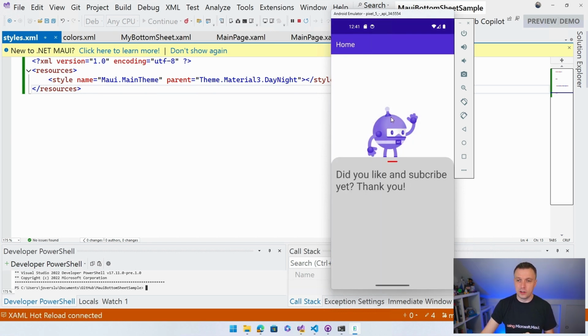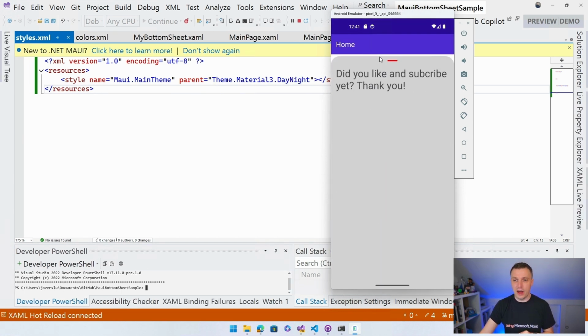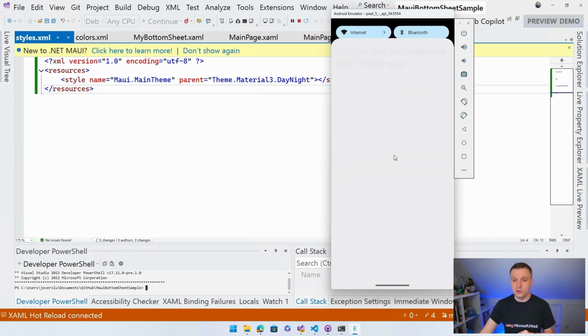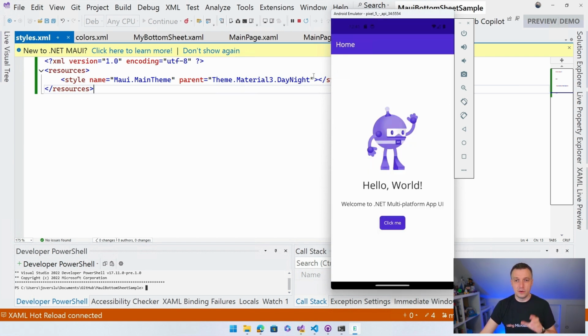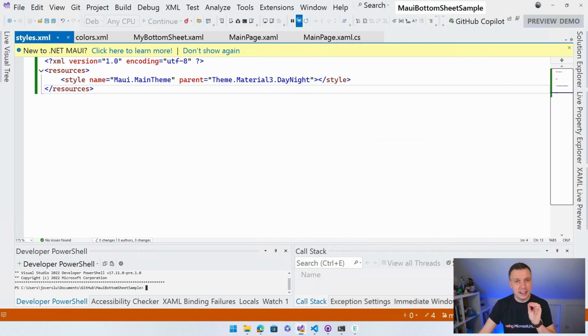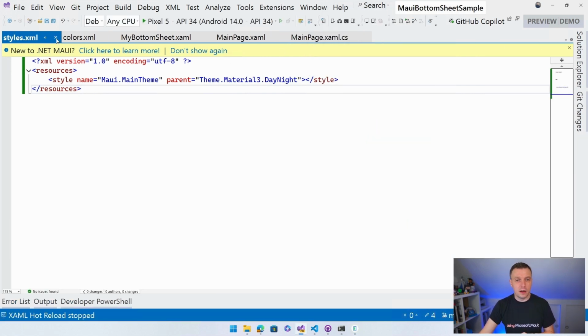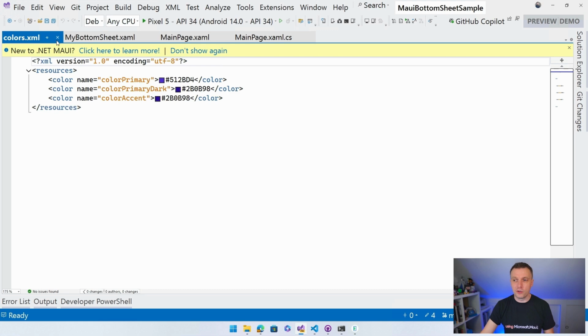So this gives you a little bit of an indication that you can drag it, right? It's a little user experience thingy that we got right here, and we can still cancel it, right? So this now all looks good. That is how to fix that little bug. So now let's move on to the Blazor hybrid project.